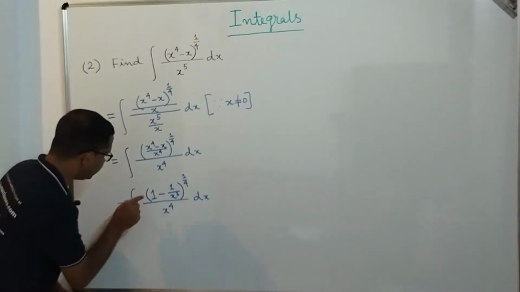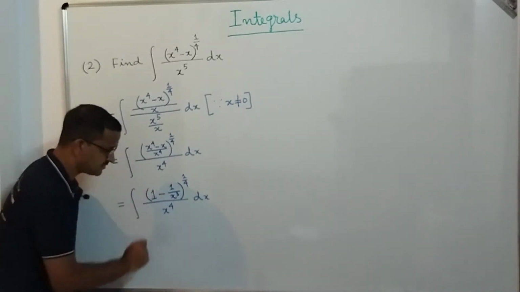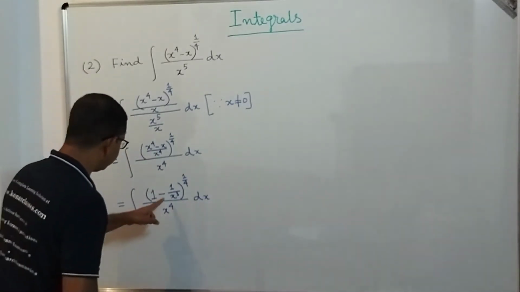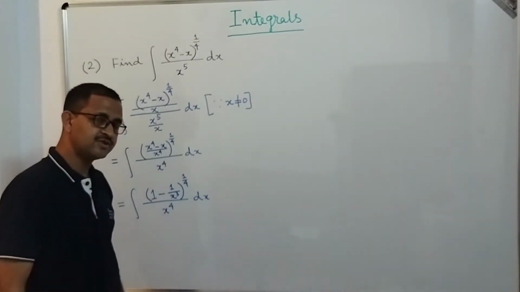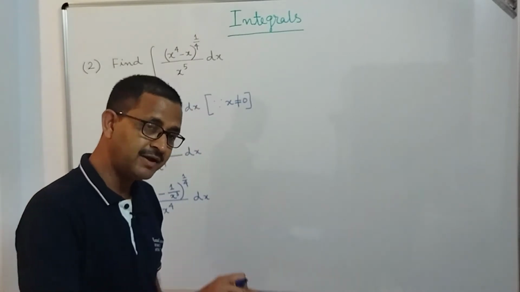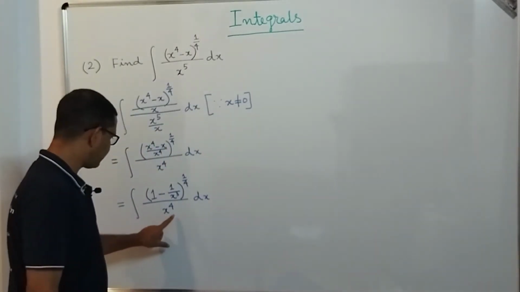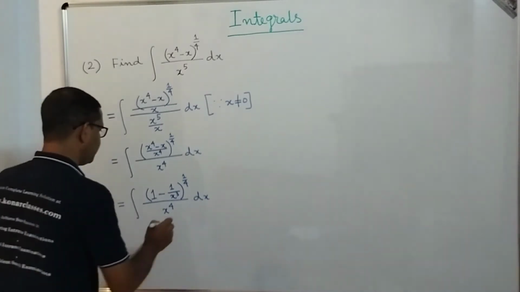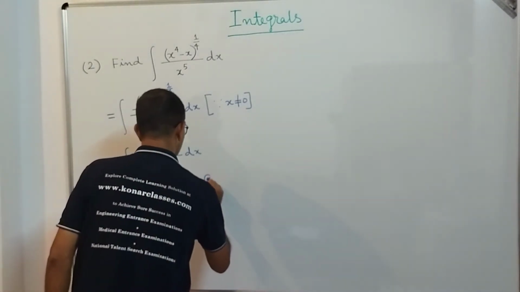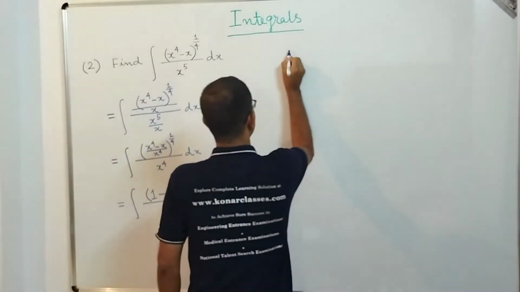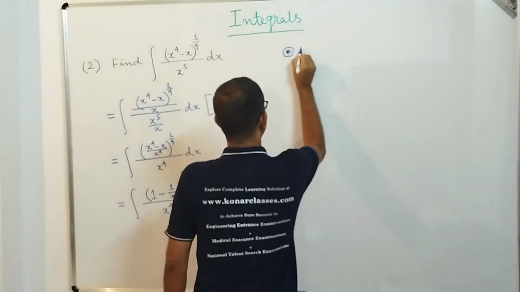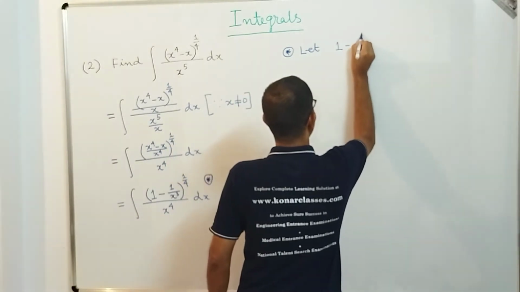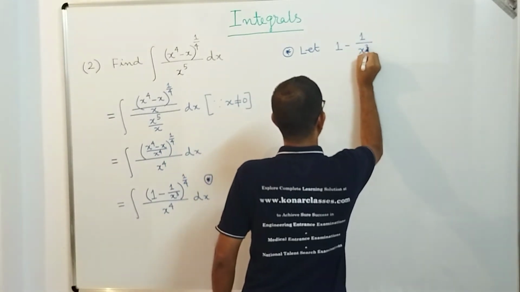Now if we take 1 minus 1 by x to the power 3 equal to t as a substitution, then the differentiation of 1 by x to the power 3 should become minus 3 by x to the power 4, and so we can make a proper substitution. So what I wanted to mean is that from here, if we continue, what are we going to get, dear students? I am saying that let 1 minus 1 by x to the power 3